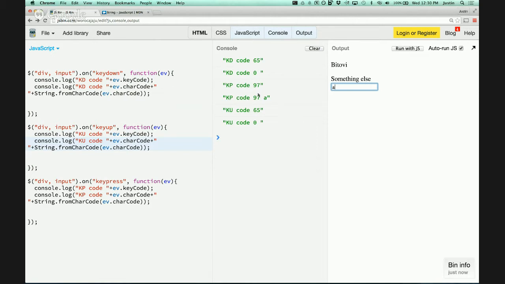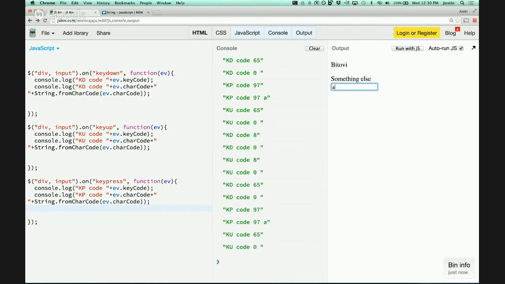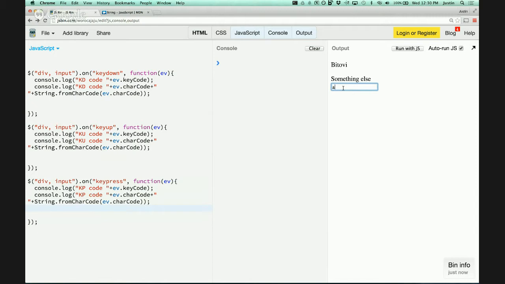So this is very confusing. I'll do my best to explain it. To the best of my understanding, key press is more of like a pseudo operating system kind of event that's supposed to say, here's the character that was written out when there's a character written out. So what I mean by that is, if I type in A, you can see I get a key press event. But if I hit the left arrow key, I didn't actually write a character out, so there's no key press event, at least not on a Mac. And there's no